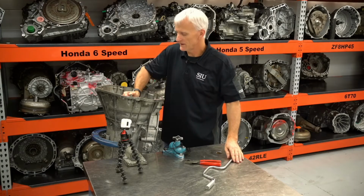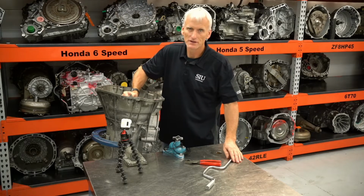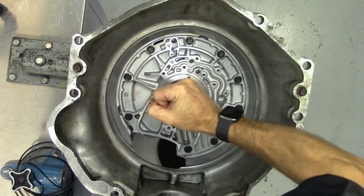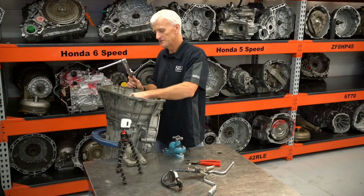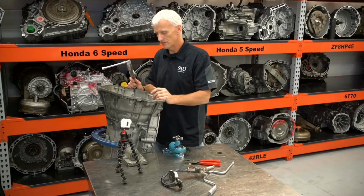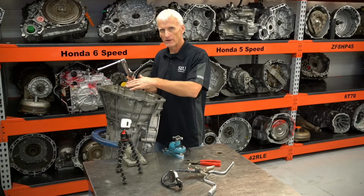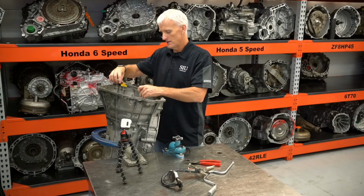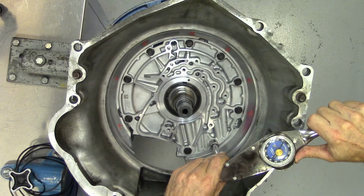Of course, before you tighten anything, as you're snugging things up or drawing bolts in, make sure that input shaft spins. Now when you go to tighten down this front stator support, you're supposed to tighten that down to 26 foot-pounds. And there's actually a torque sequence. And I'm sure you can get by with just doing a star pattern perfectly fine, but if you were to follow the service manual, they'd have you go 1,